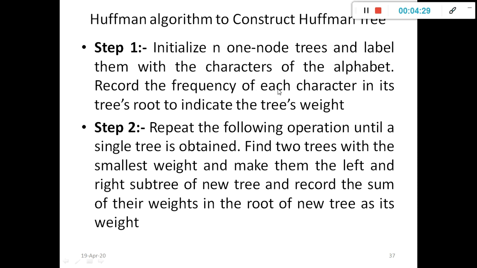Record the frequency of each character in its tree's root to indicate the tree's weight. Step 2: repeat the following operation until a single tree is obtained. Find the 2 trees with the smallest weight and make them the left and right subtrees of a new tree, and record the sum of their weights in the root of the new tree as its weight.